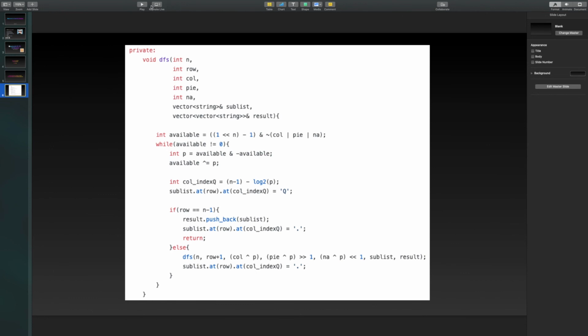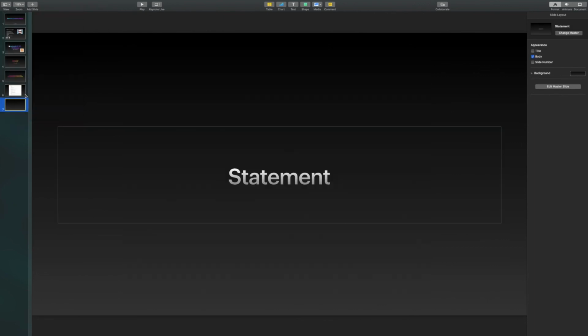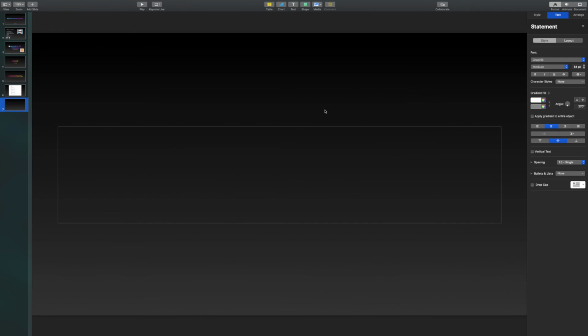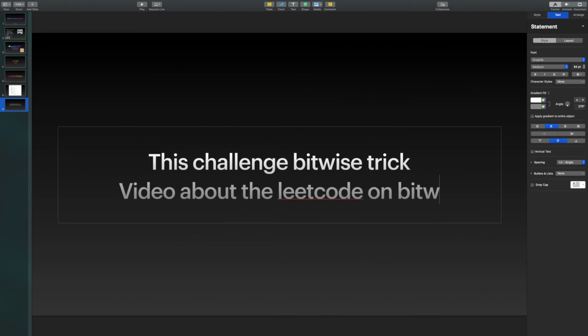So here we can find that this challenge needs a Bitwise Trick. So maybe several days later, I will also give a video about Leetcode challenges on Bitwise Trick,